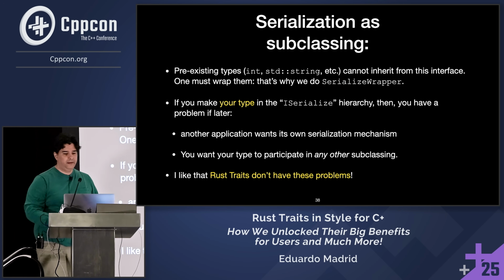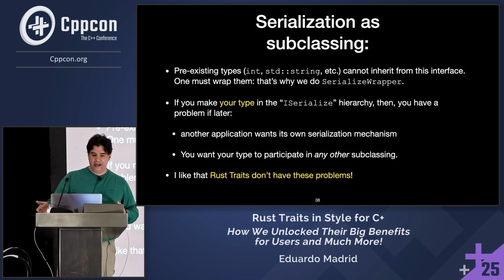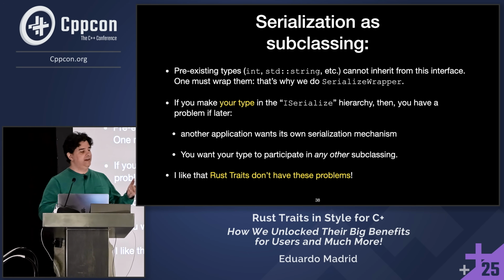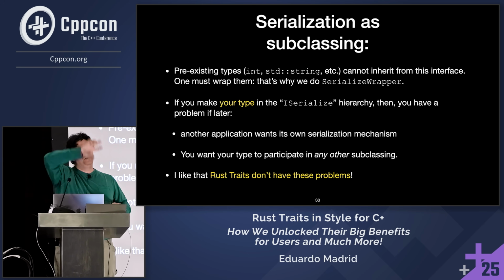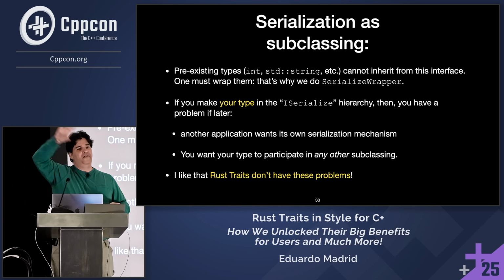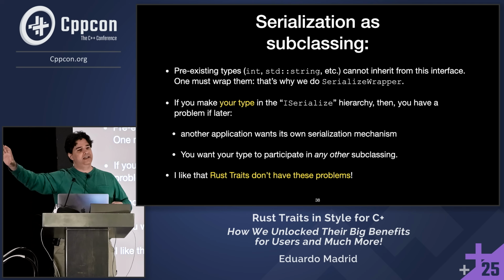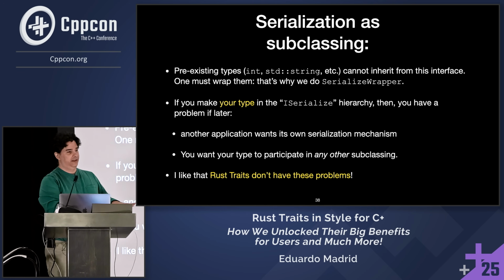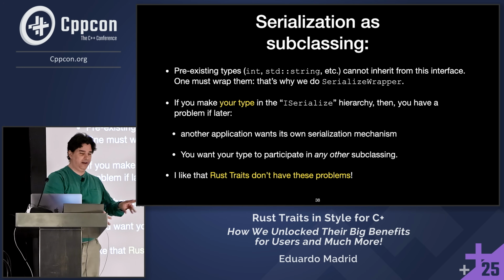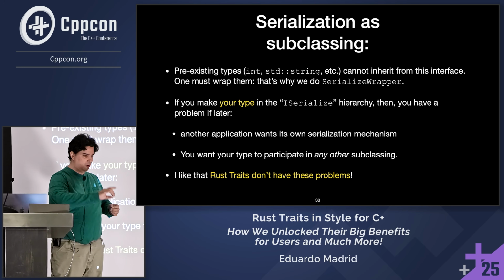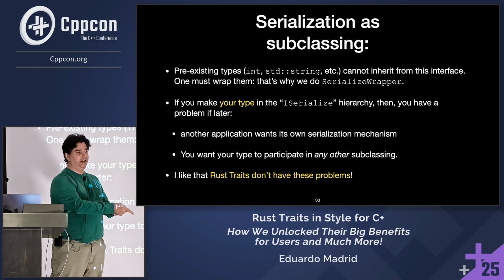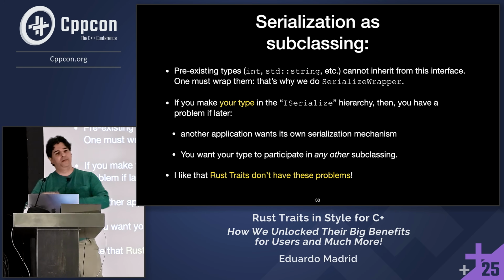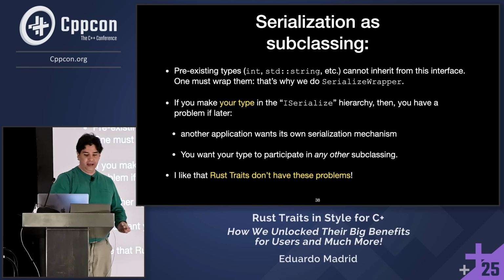Now, what are the problems with serialization as subclassing? We just stumbled with one major issue, which is if your subtyping relation is invented or discovered as needed after you have written very good types, then you're in a bind, because either you re-express, redo, rework, retrofit the inheritance relation to the existing types, or you had to come up with wrappers for them. And